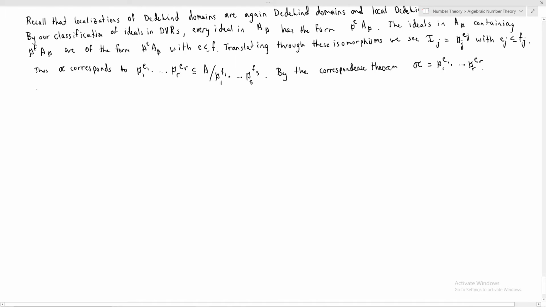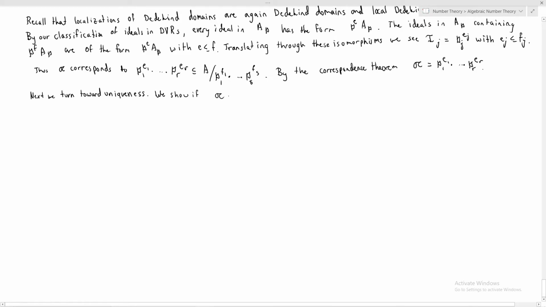Okay. So next we're going to turn our attention to uniqueness. Okay. And the way we're going to prove uniqueness is kind of confusing at first, at least it was to me. We're basically going to prove that these E's are completely determined by A. So we show